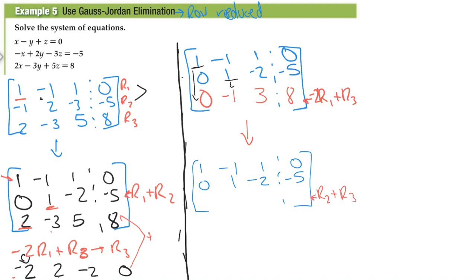So 0 plus 0, well, that's 0. Negative 1 plus 1, that's 0. And then negative 2 plus 3, that's 1. And negative 5 and 8, that is a 3. So if you look at it, now it is in triangular form. So we have hit it into echelon form, but we now need to do it into reduced, which